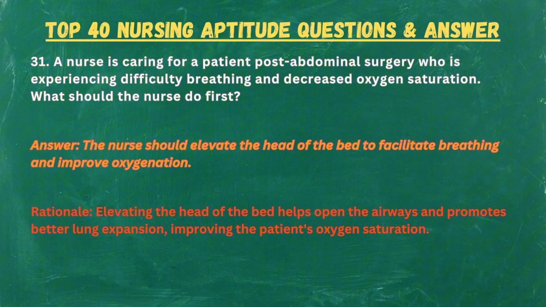31. A nurse is caring for a patient post-abdominal surgery who is experiencing difficulty breathing and decreased oxygen saturation. What should the nurse do first? Answer. The nurse should elevate the head of the bed to facilitate breathing and improve oxygenation. Rationale. Elevating the head of the bed helps open the airways and promotes better lung expansion, improving the patient's oxygen